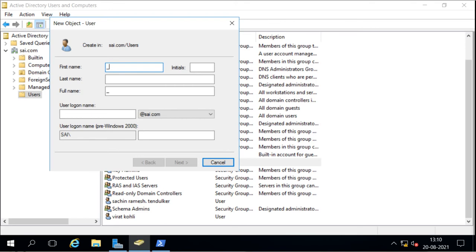I will mention it like IT departments. It is IT departments template, and I will give the login name also same as this is for the IT departments template.